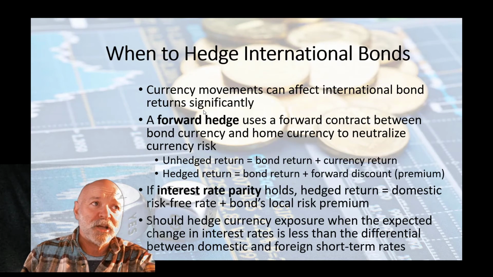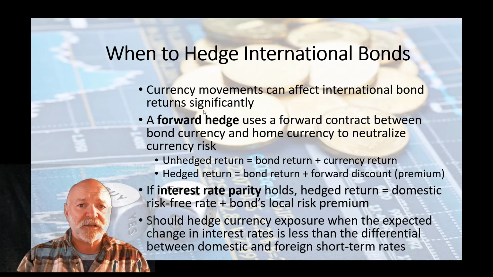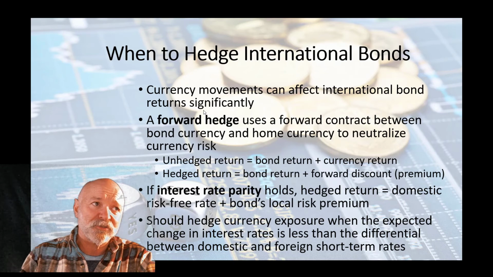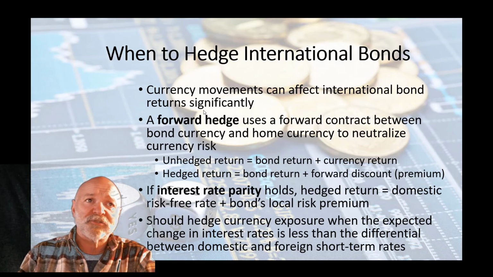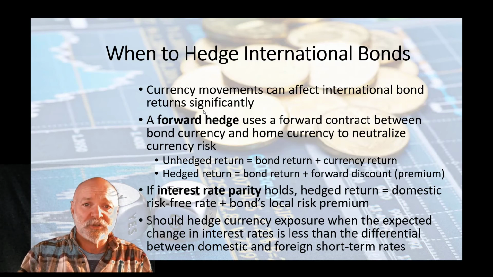Should we hedge international bonds? It's harder to hedge international bonds. It's easier to hedge currencies. You might be able to hedge some of the interest rates, but there's no total hedge against all of the risk on international bonds. A forward hedge, again, uses a forward contract between the bond currency and the home currency to protect us from